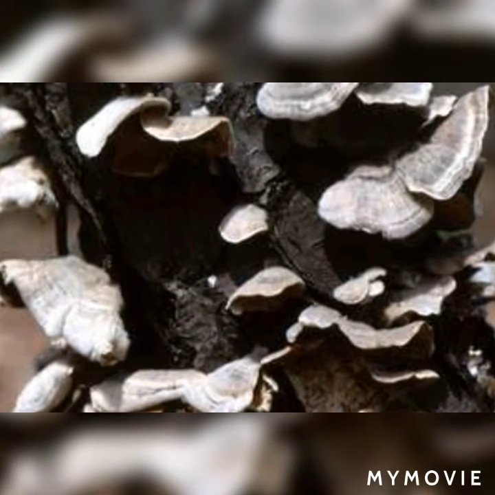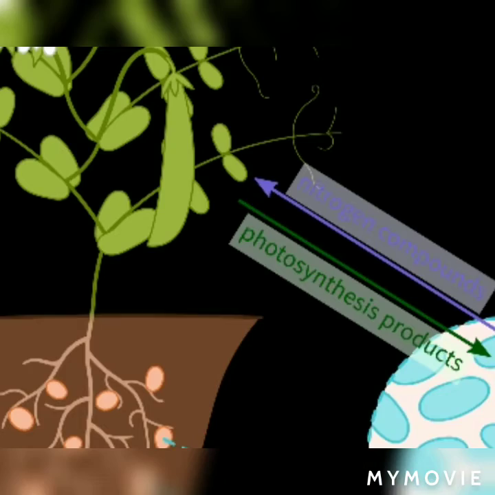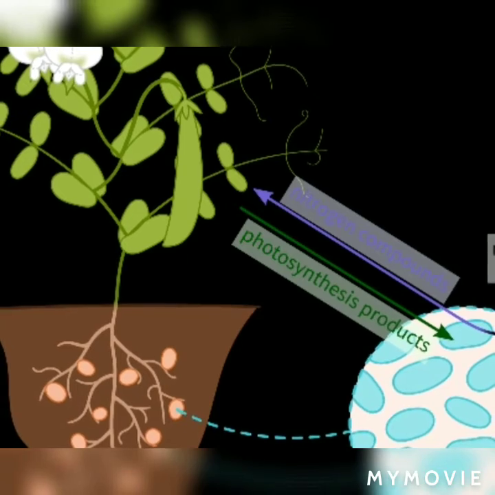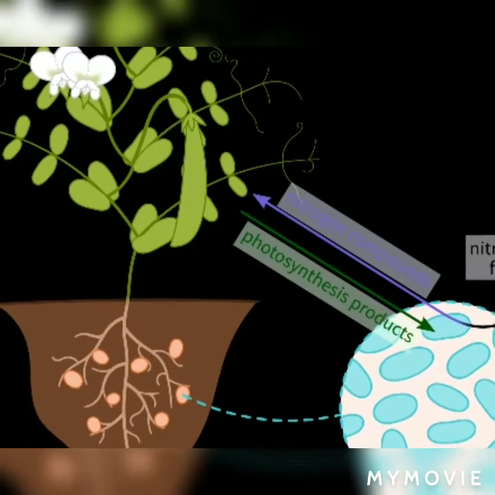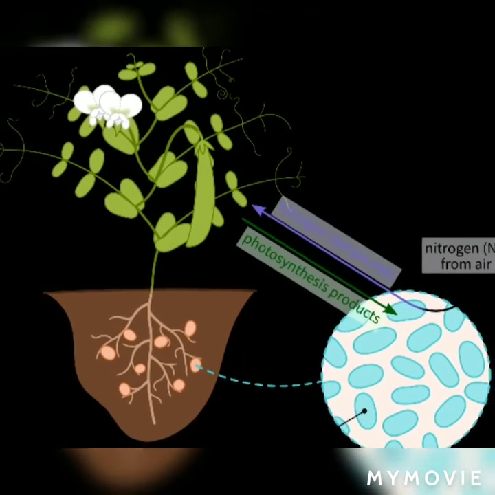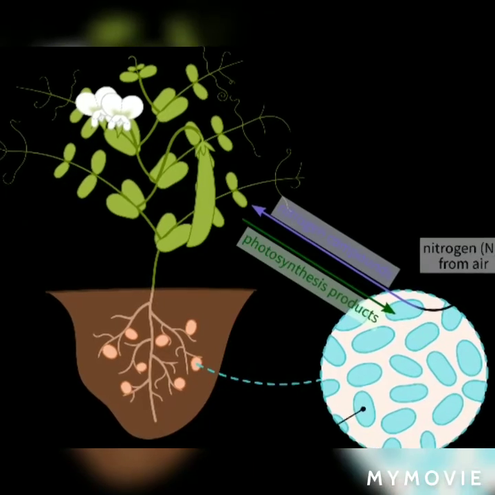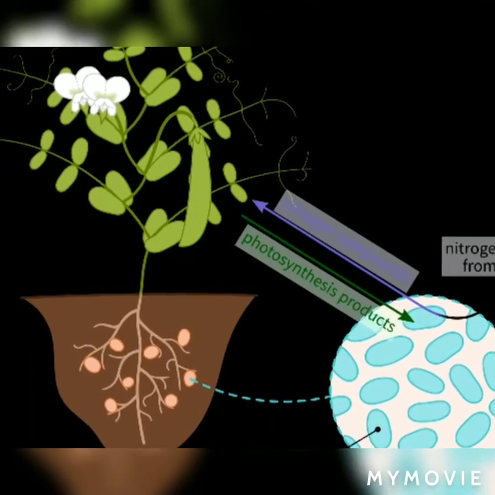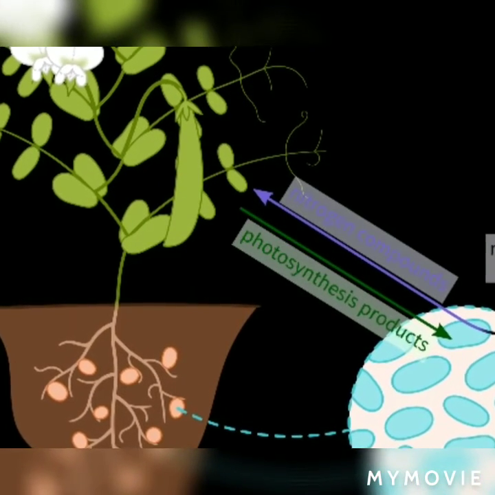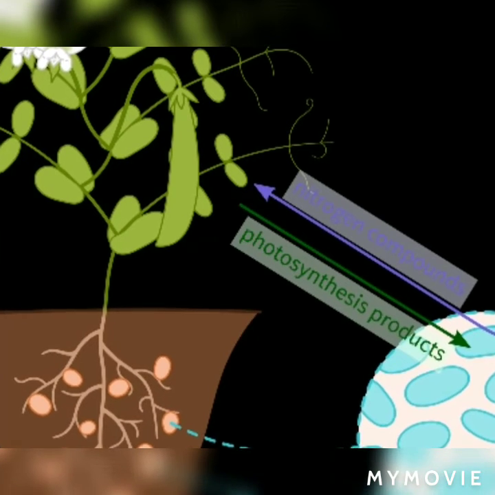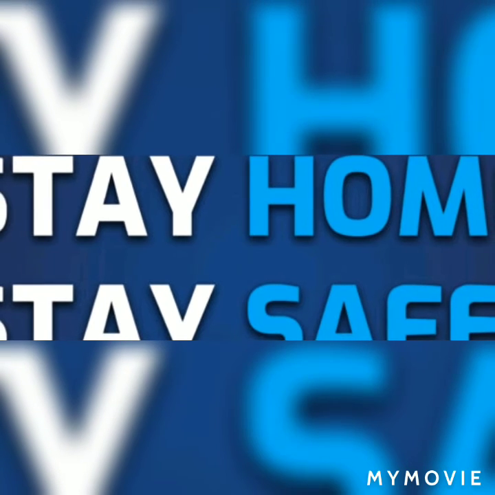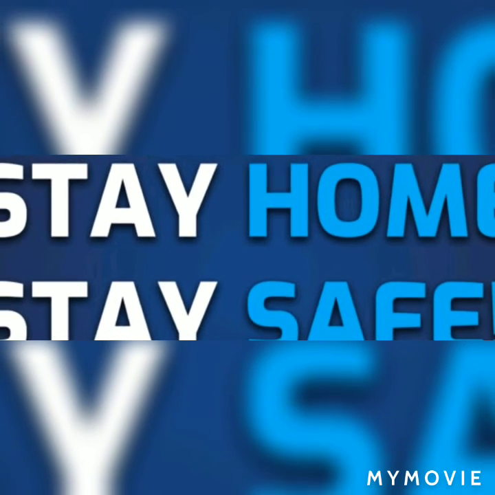Here we also studied the symbiotic relationship. A symbiotic relationship is wherein two organisms have a friendly relationship. They help each other in some form, like for food and shelter, to grow. For example, if you take a pea plant and rhizobium, the pea plant provides food to rhizobium and rhizobium provides nitrogen to the pea plant.